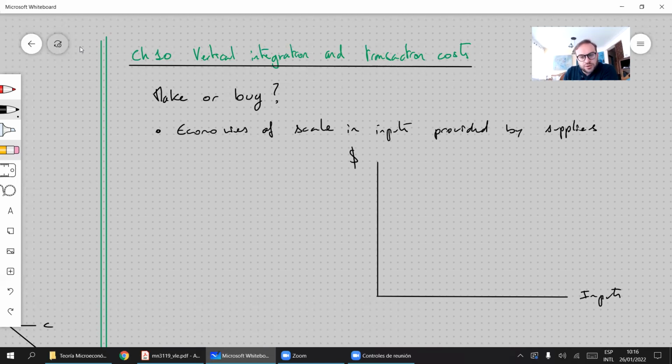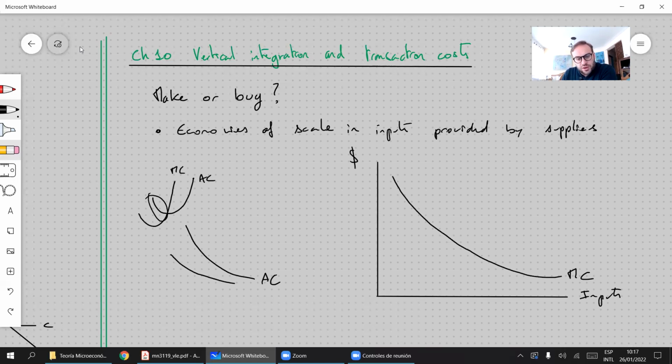And with economies of scale, what you have is that if your economies of scale are very important, your marginal cost is always decreasing. Actually, the definition is with average cost, right? But maybe you remember from micro that this is average cost and this is marginal cost. This is the typical form, and we know that if average cost is always decreasing, marginal cost is also always going to be decreasing, right? So if marginal cost is decreasing,